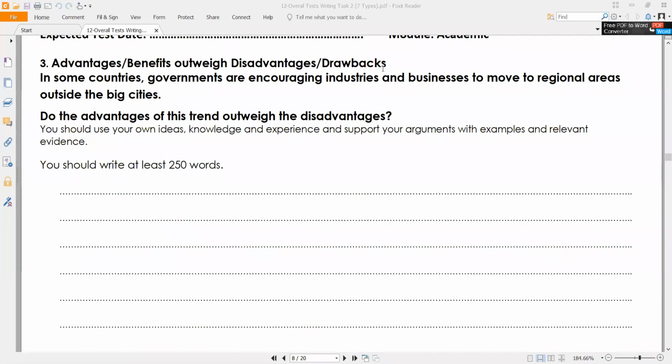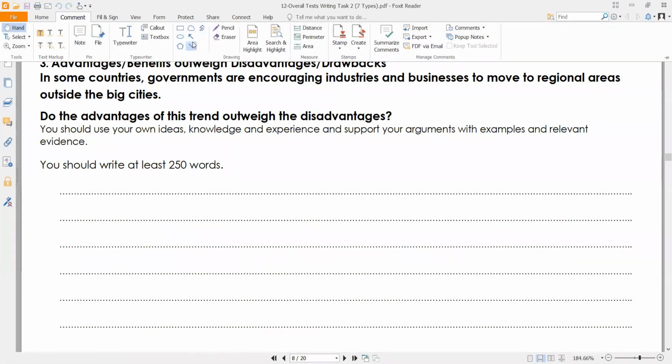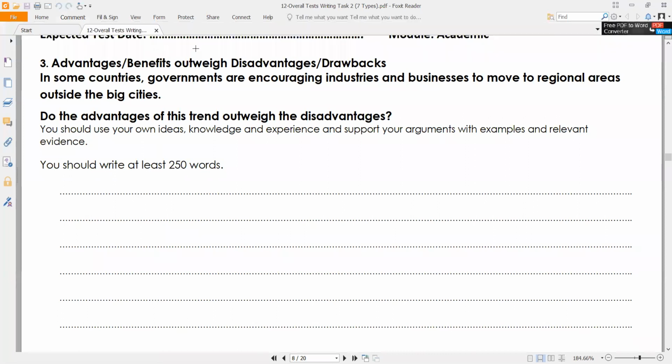So, first of all, the first thing that you do when you get your topic is look at the question. Whatever the question is, have a look at it, try to understand it, and then you need to make sure that everything that you see is understandable for you. Like, let's have a look at this question now.